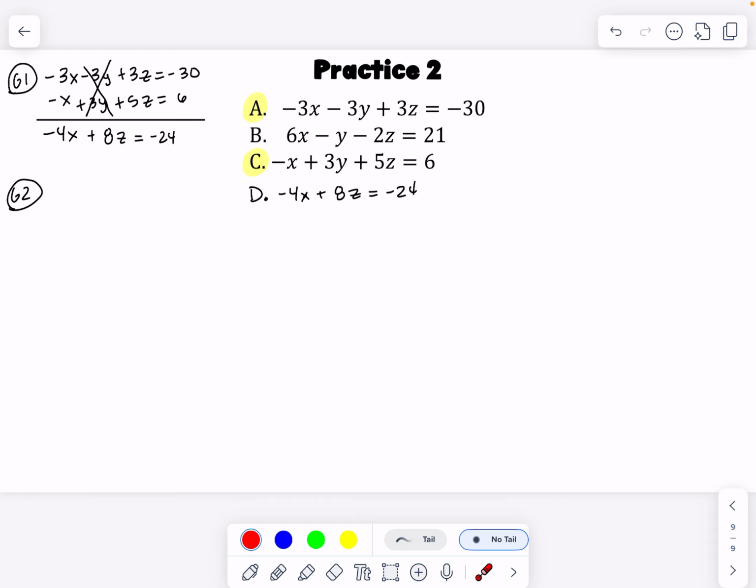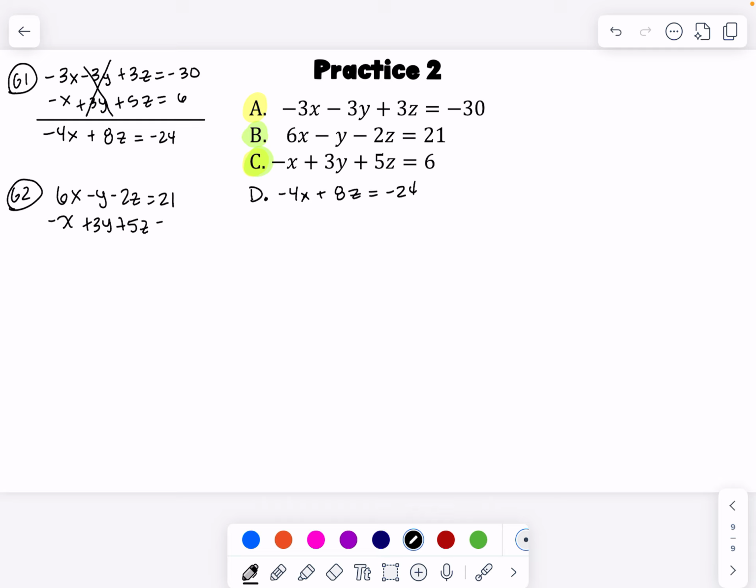Goal 2 is, by using a different combination of your original three, create equation E by eliminating the same variable. So I can choose A and B, or I can choose B and C, but I have to include B somehow. Personally, I'm going to do B and C, and that's because one's already positive, one's already negative. It's just going to be slightly less steps here. So for goal 2, I'm choosing B and C in order to, once again, eliminate that same variable of y. So I'm going to start with 6x minus y minus 2z is equal to 21, and then negative x plus 3y